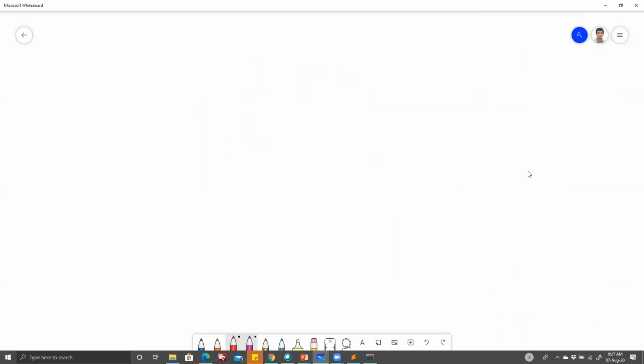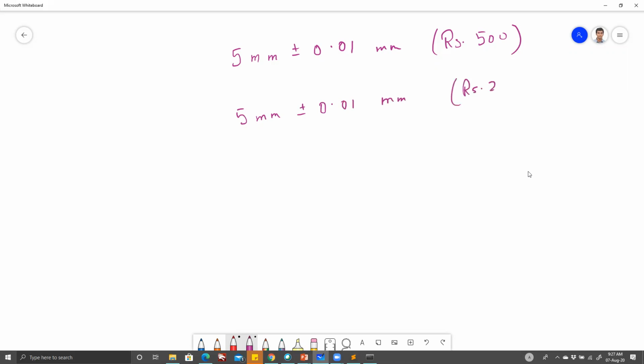Yes, it looks the same. Okay, I will tell you what a lot of companies will do. Let's say a company comes and publishes a result like this. They have a precision tool, let's say, that needs to be 5 mm, and they give you a very small deviation. This company sells the tool at, let's say, rupees 500. A new company comes and wants to disrupt the market, pricing things cheaper. They also say 5 mm plus or minus 0.01 mm, but they are selling it for rupees 200. Which one are you going to buy?